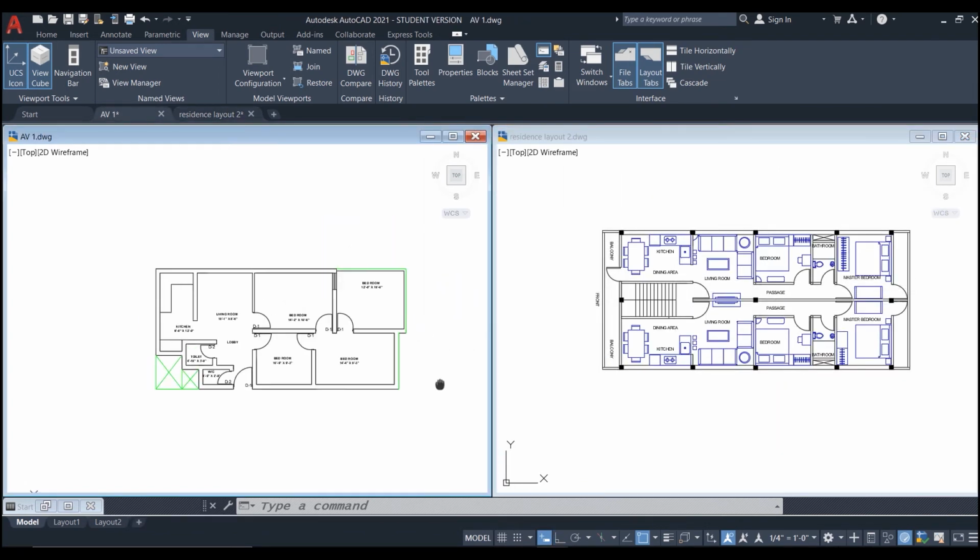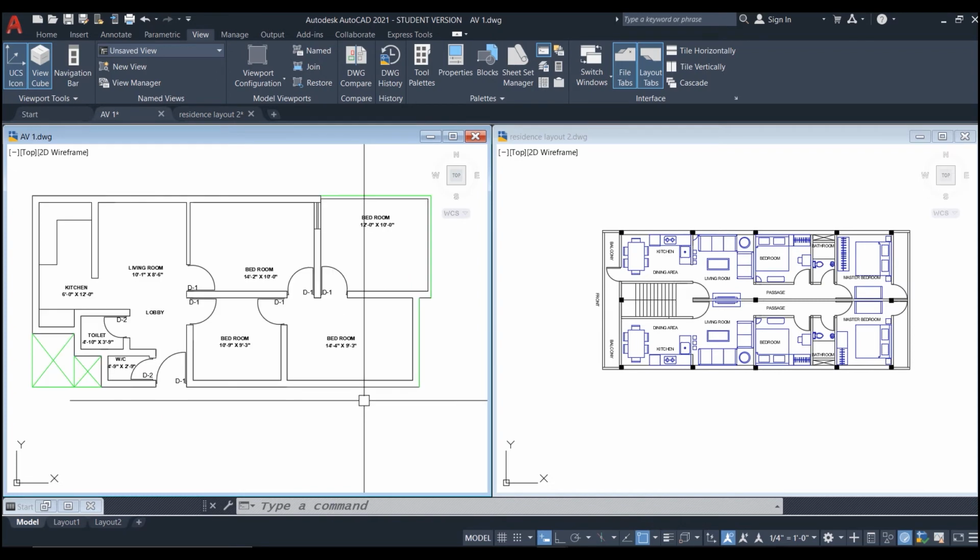How can opening multiple drawings help in a drawing? Let me give you an example. Let's say I'm working on my floor plan and in this bedroom I would like to place a wardrobe here, but instead of drawing new geometry, I can steal components of this file and place them in the other one. Let me show you how you can do that.